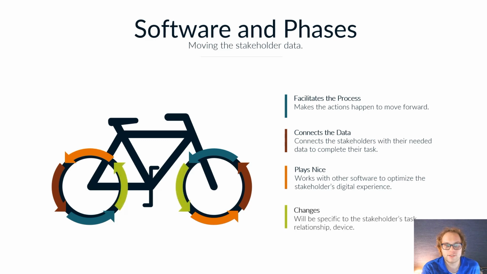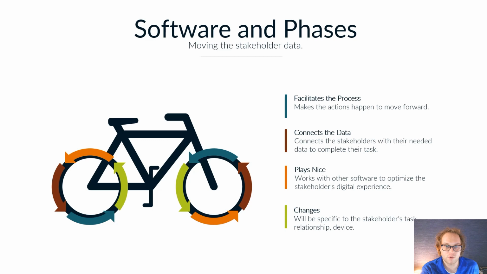So with that, we also want to make sure that we're taking changes into account. The thing with changes is we need to understand, as a user is moving through a process, how the software helps that happen. If users are moving through different parts of the company or maybe through different physical locations, how do they have access to the software and how are they able to use it? If people in the organization or our stakeholders are accessing the software on different devices, how does that move forward with them and how does that get facilitated?